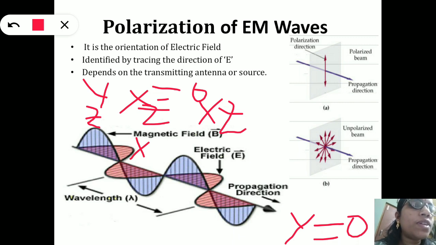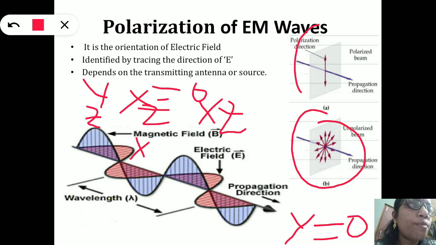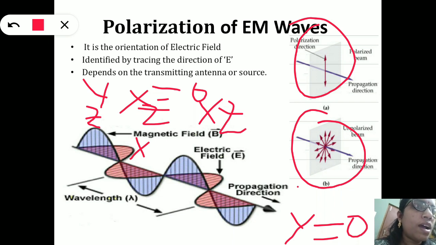And you may observe the difference between an unpolarized beam and a polarized beam. Here the wastage of the unpolarized beam is more, means it can randomly propagate in all directions without polarization. But if you apply polarization to any wave, it will have a particular direction. A polarized beam may be a straight line, or a circular shape, or an elliptical shape. So the EM wave will be converted according to the user's reference, and that is the application of polarization.